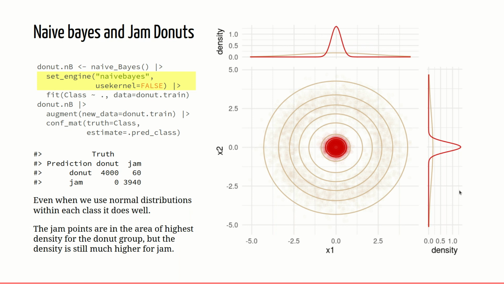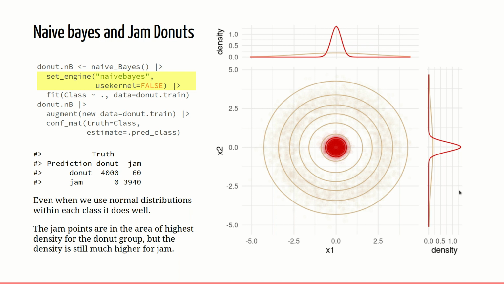Okay, so even though the assumption of independence is extremely poor here, because of the way the two classes are constructed, because of where they are essentially, even the extreme assumption of independence and normality still does really well because